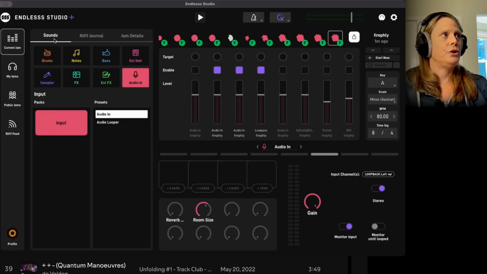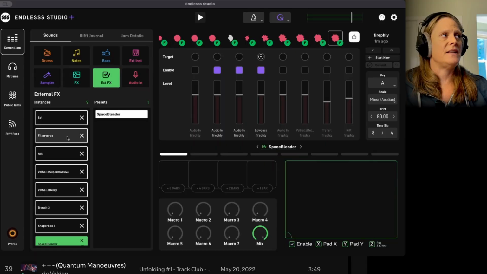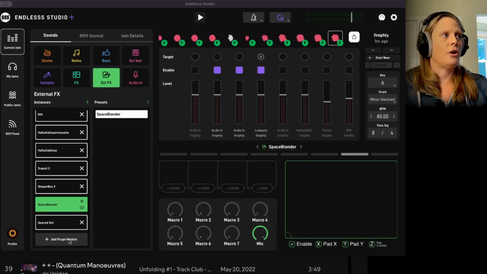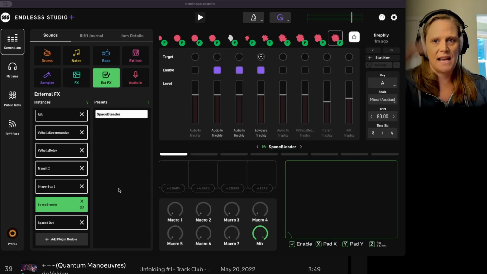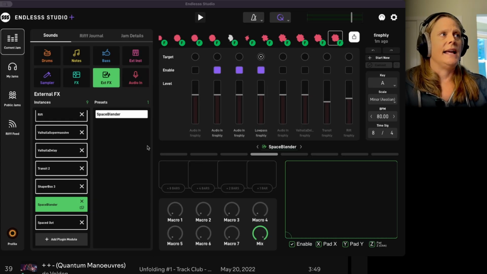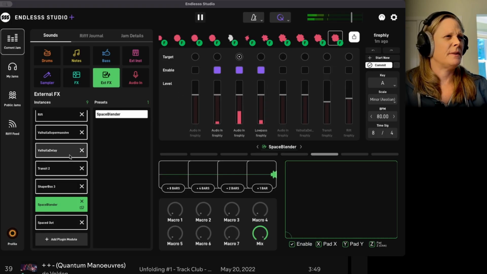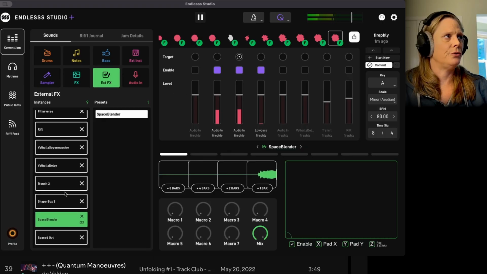So I'll show you too with the external effects. Basically, these are things that I use frequently, but all you have to do is scan. You can scan for all of your plugins, and it will go through the process of scanning anything that you have, and you can use them in here. So just to give you an idea, let's play this. And I'll select the bass layer and we'll do